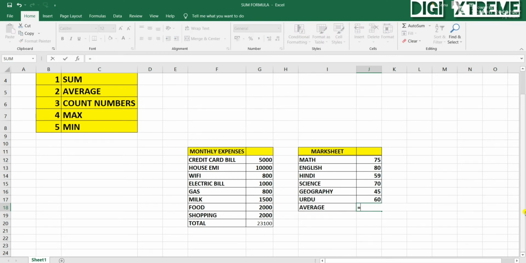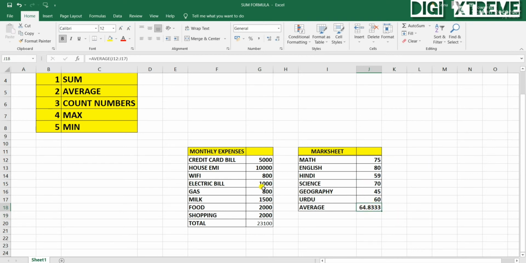and let me show you with the formula also. AVERAGE, you can see I have pressed tab to open the bracket. Now I need to select all the numbers with the help of the mouse, click and then move the mouse down, then close the bracket. So you can see this has also given the result of average marks, 64.